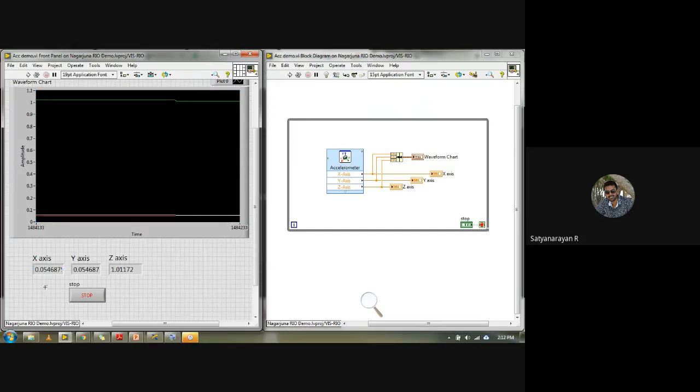Here you can also see the x-axis, y-axis and z-axis values. Whatever values you're getting here, the same thing is plotted in the waveform chart within a very short time. The while loop has been executed this many times because of not placing a proper delay. In order to trace the output in a good manner,